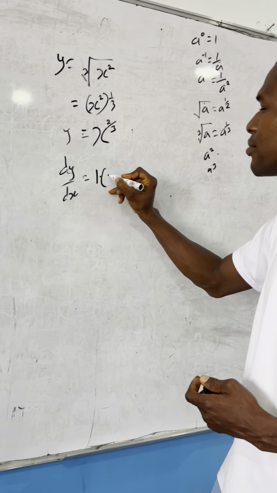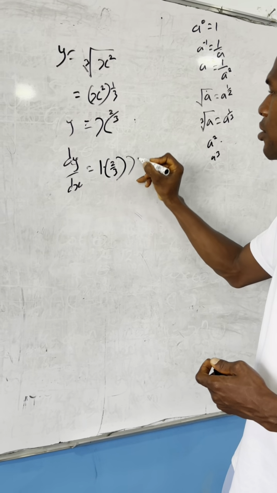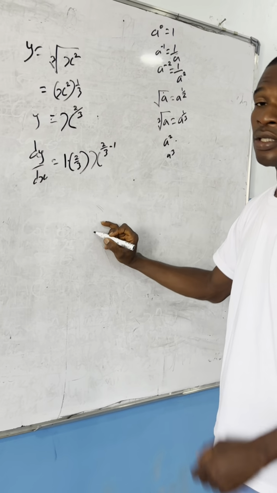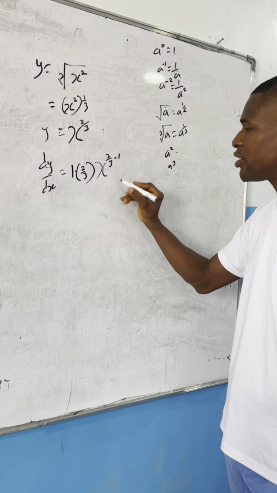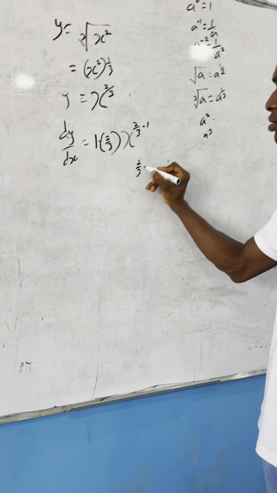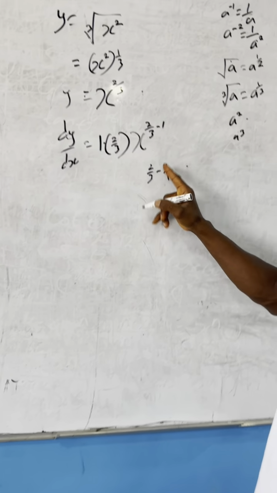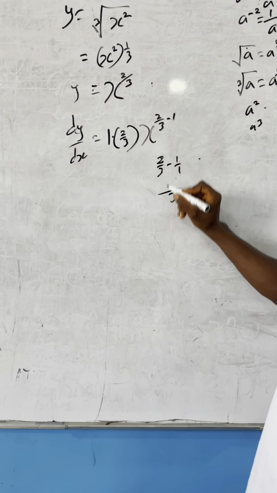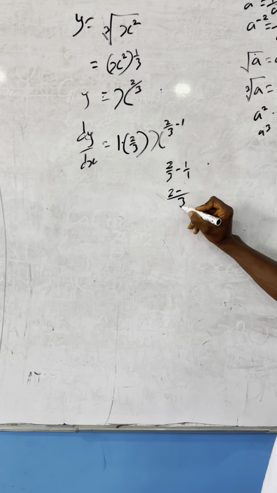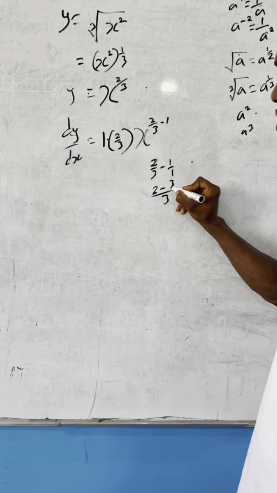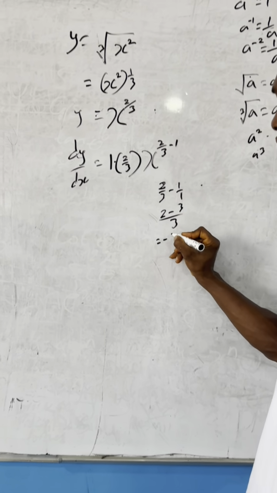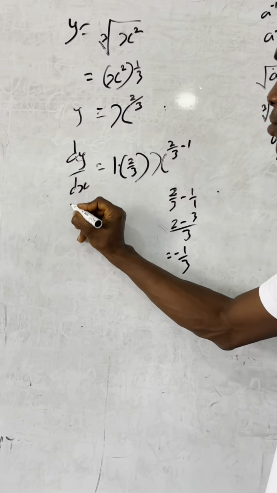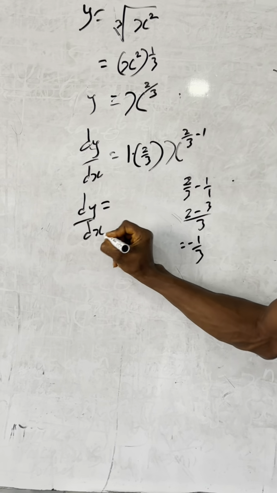1 times 2 over 3, okay, 2 over 3 minus 1. So when we have 2 over 3 minus 1, you should know that the LCM is 3. LCM between 2 over 3 and minus 1 over 1 should be what? 3. 3 into 3, 1. 1 times 2, 2. Minus 1 into 3, 3. 3 times 1, 3. So we are having minus 1 over 3. So these give you the y,